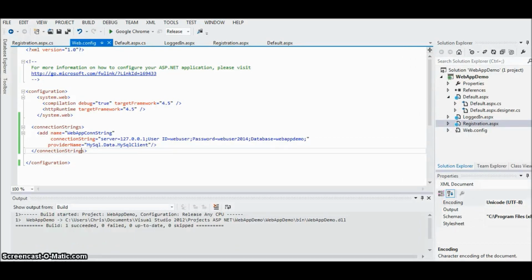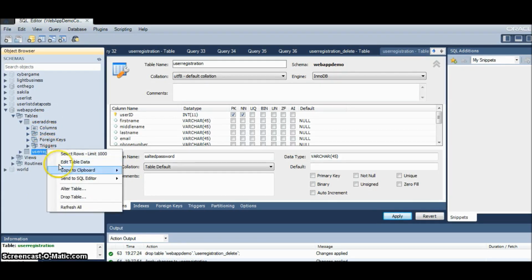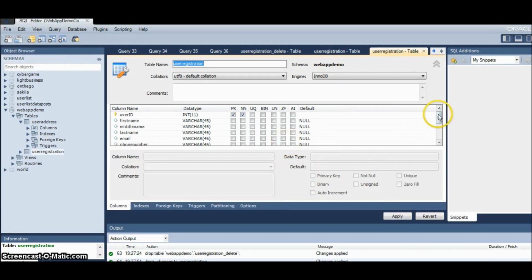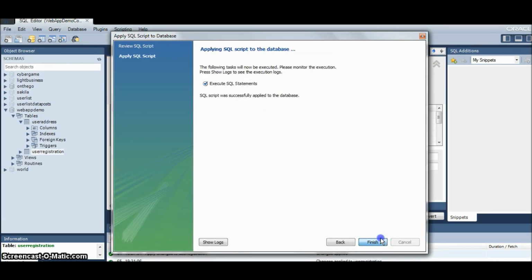Okay guys, now we can actually start coding some C# here, but I just recalled, before I get into that, one of the things I want to do with my registrations table is to go to alter table. I think I had it up already, but if you look over here at user ID, you'll see several columns. The one thing I want you to do is, if you look at AI, auto incremental, check that box off and apply it. This is going to help later,